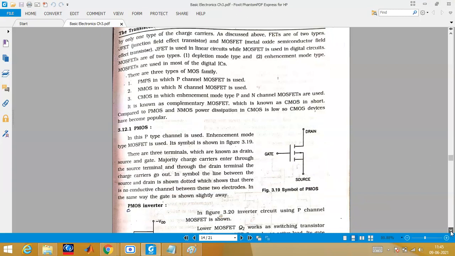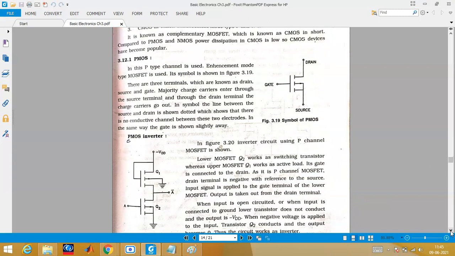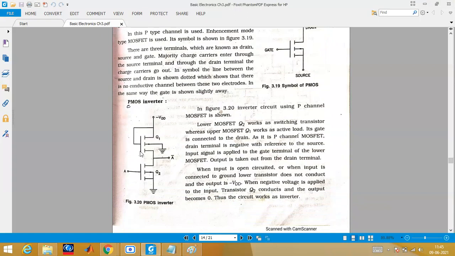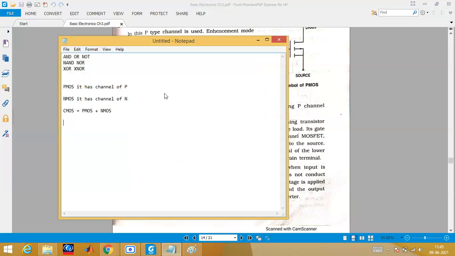Now we have to design a PMOS inverter. Inverter design is very simple. First, you have to take two PMOS. The one at the bottom will always be referred to, from now onwards, as the pull down. The transistor above we will call the pull up. Is that point clear to you? Pull up and pull down. You have to remember all this. Pull up transistor and pull down transistor.